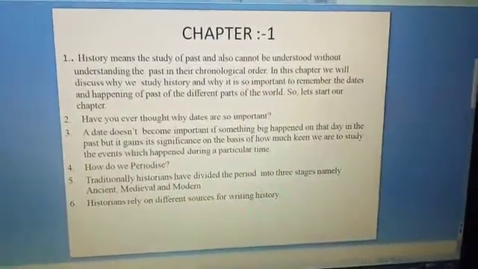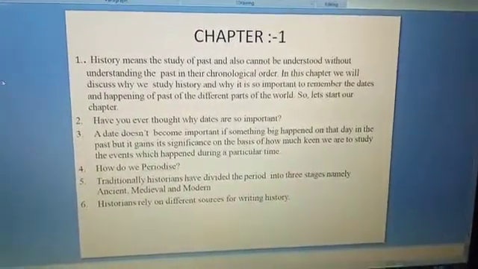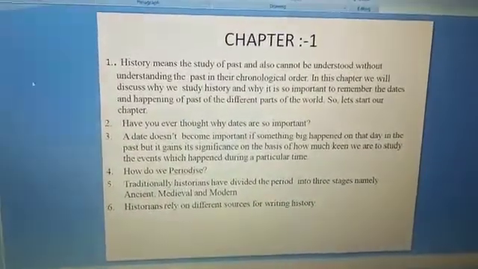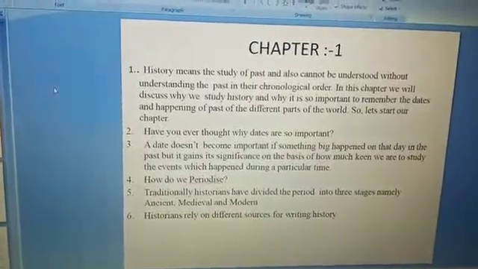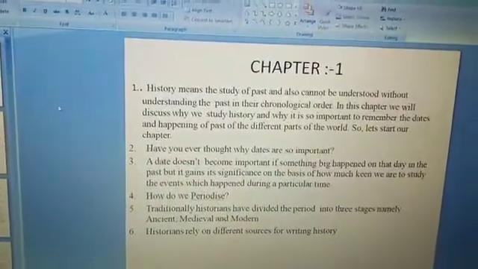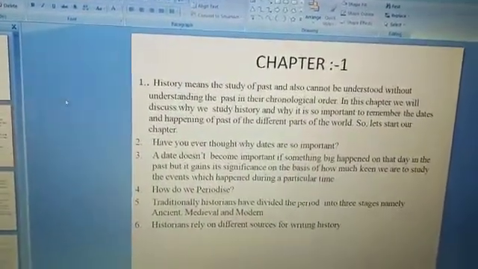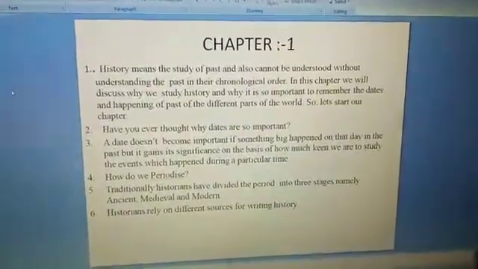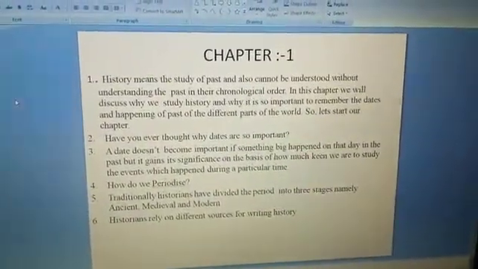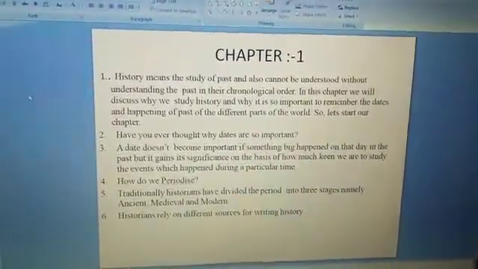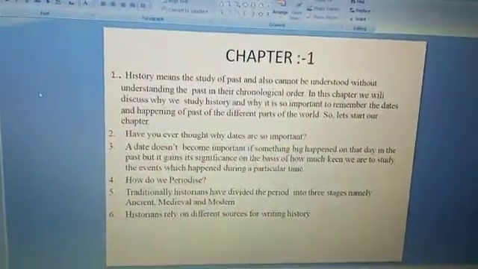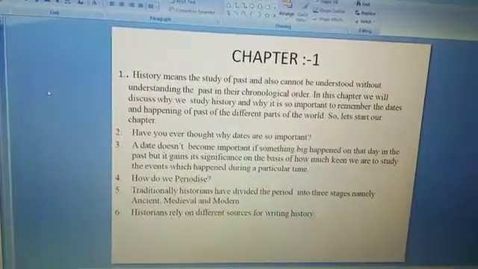Traditionally, historians have divided the period into three categories: the ancient, medieval, and modern. These periods do not start or end with a cut-off, but show a gradual fading and evolving pattern from one to the other. Let's explain with ancient history. The Vedic civilization is the earliest civilization in the history of ancient India. It is named after the Vedas, the early literature of the Hindu people.